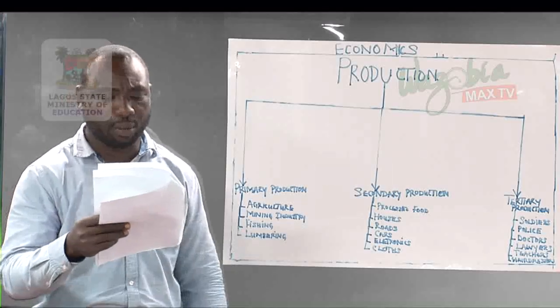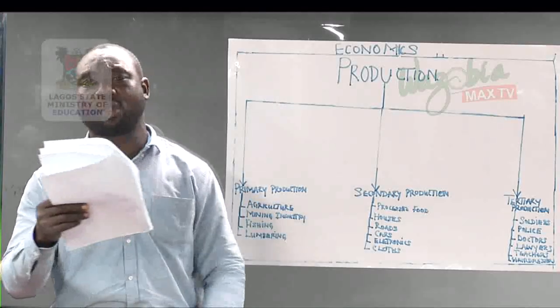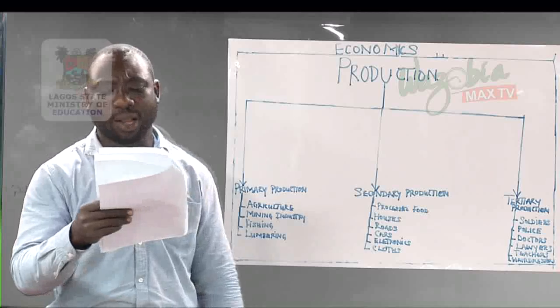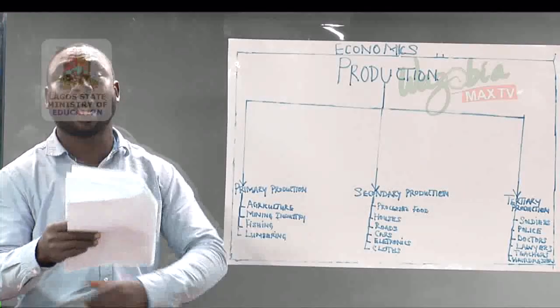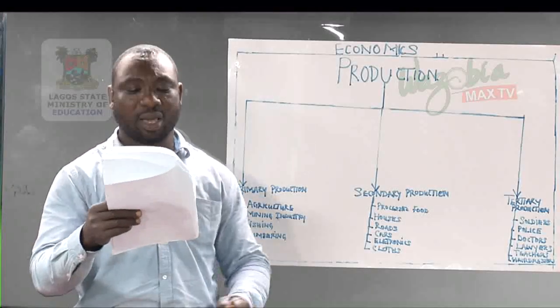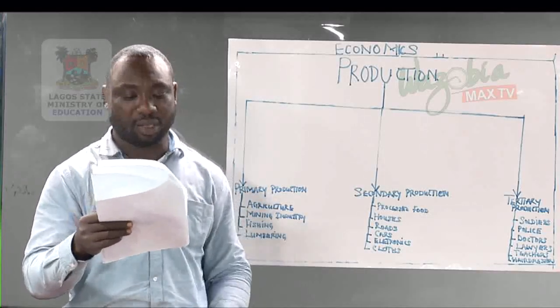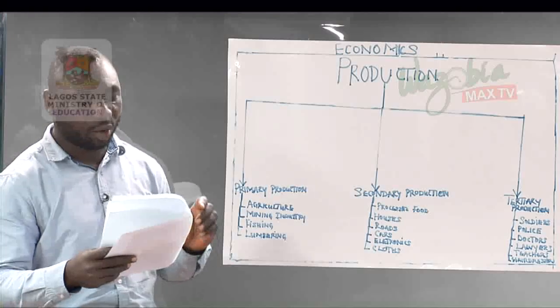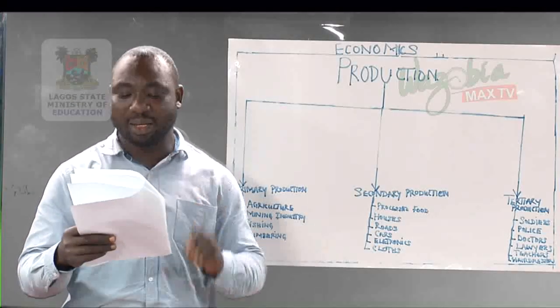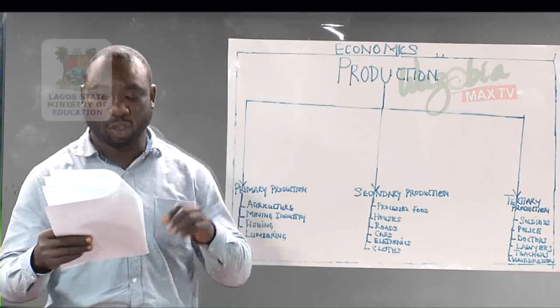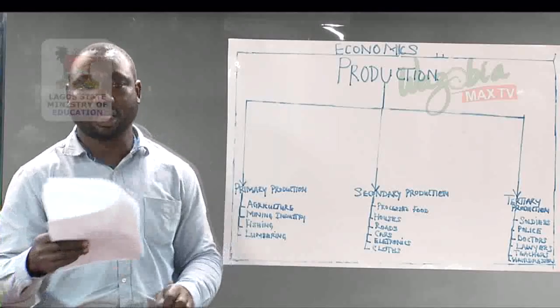What are the importance of labor? It controls and combines other factors of production. It provides both the mental and physical effort necessary to carry out production activities. It helps to operate machines and plants. It helps in the production of goods and services, and it also provides the skill or personnel needed during production. Then the next one is entrepreneur.